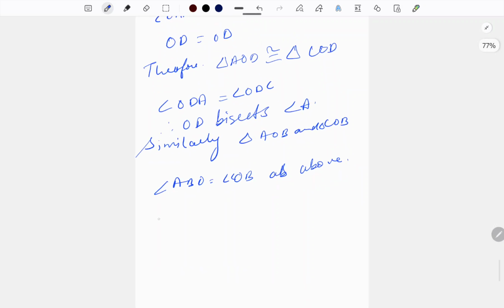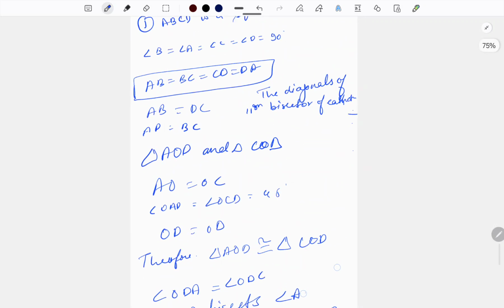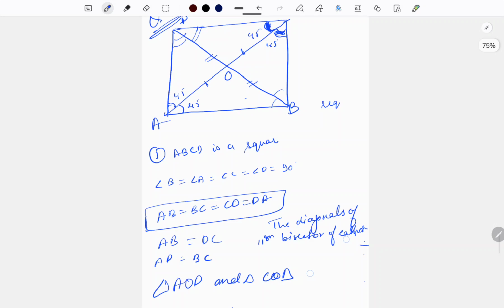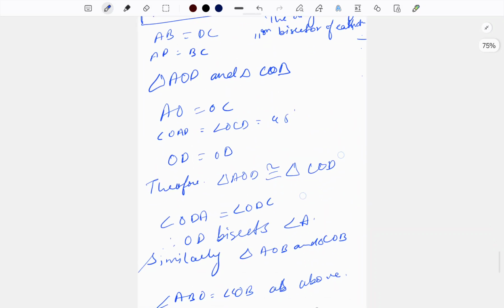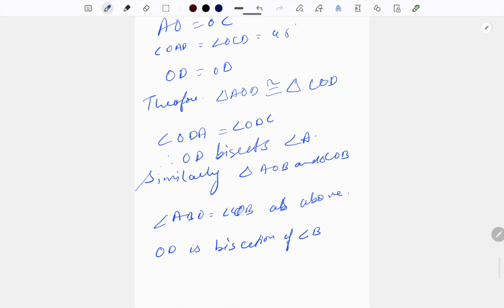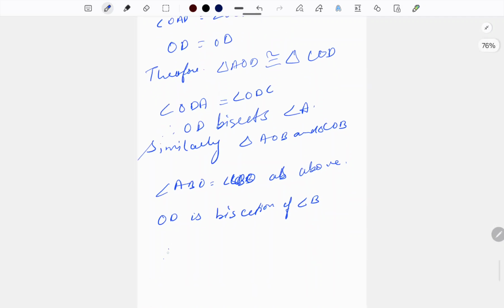So in this case also OD is bisector of angle B. Okay. This proves BD bisects angle B and